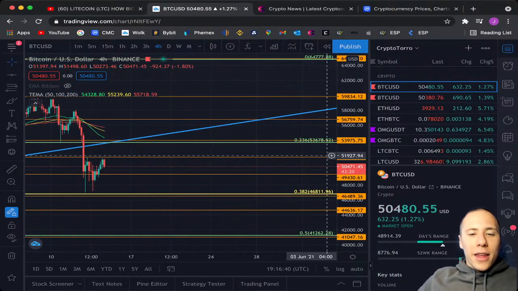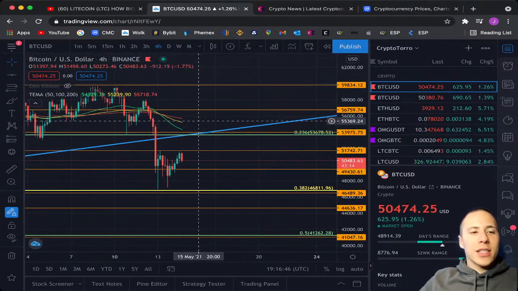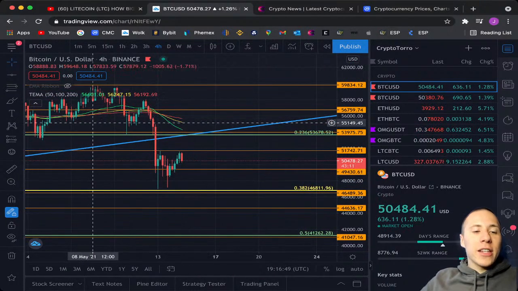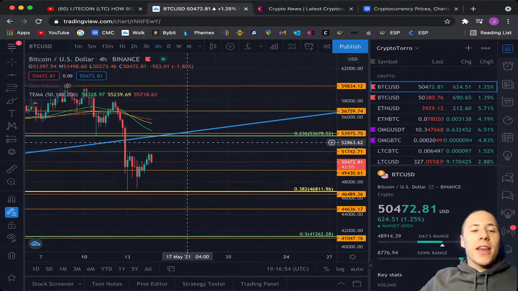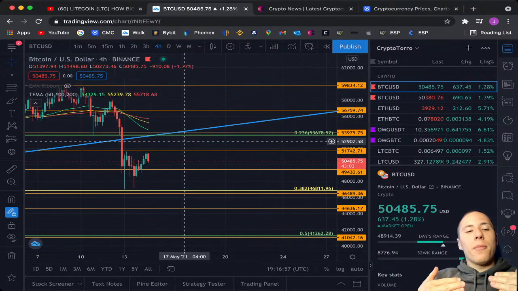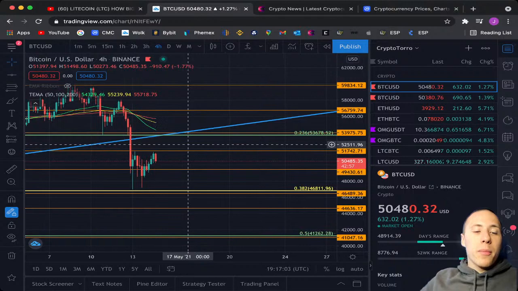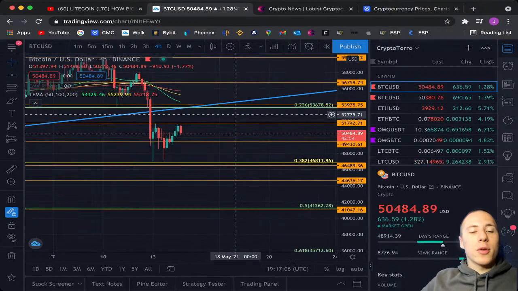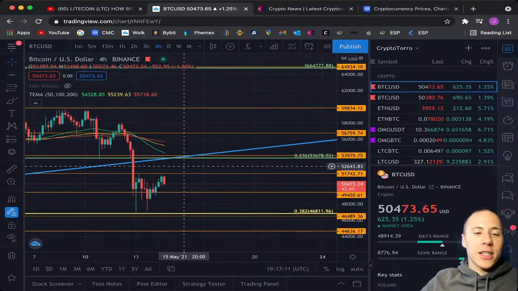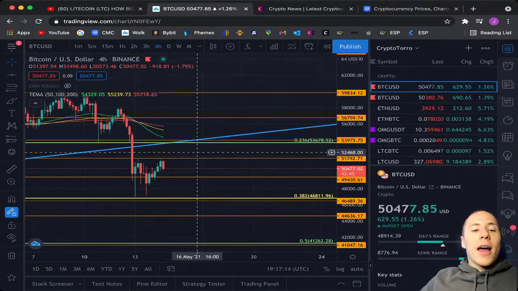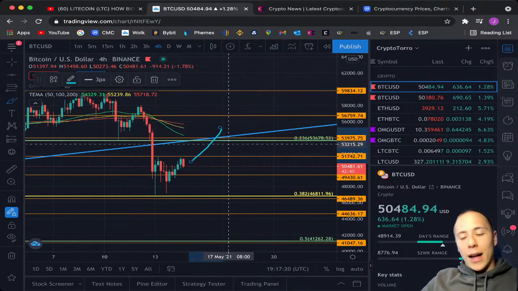Personally, I'm still waiting for Bitcoin to go above the moving averages, especially the 50-day moving average, because once it finds support on the 50-day moving average, I think Bitcoin will have more support to trade on, and it will be more difficult for Bitcoin to break towards the downside. That's why I want Bitcoin to go above the 50-day moving average in the coming days. I think that's very important if we would like to see Bitcoin go once again above this trend line where we are looking right now.